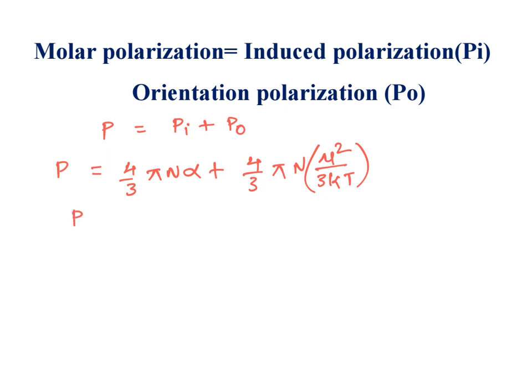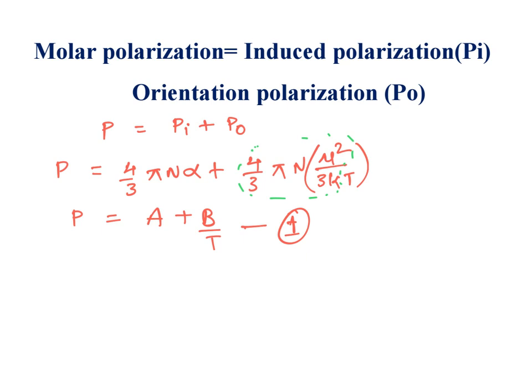So here also I am writing in the simplest fashion. This entire constant, here all are constant, I am taking as A. Except temperature, the remaining terms are all constant for a molecule, I am writing as B, and what is left is T, so I am writing B by T. Let us assume this is equation 1. Now, by changing the temperature, we have to find out the dipole moment.